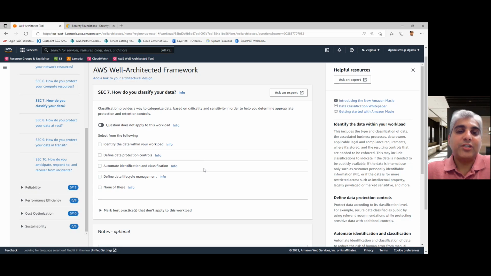Automating that identification and classification is helpful. That is typically managed by different departments or different divisions. But if you know what kind of information you're gathering and collecting, then you should be able to tag your buckets and your data stores in a way that you can identify very easily what kind of data is being stored within those, and then automating that as part of your CloudFormation scripts or as part of the scripts that you're using to deploy your code will be helpful in managing the life cycle of your data, which actually feeds